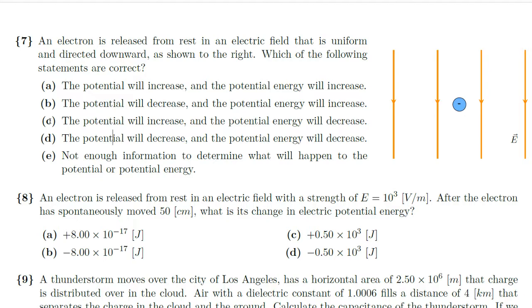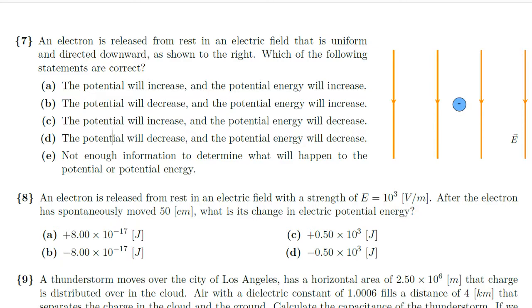So it would be C because in this diagram, first you have to think, okay, if I let it go from rest, which way does the electron want to move? So we would know that this electron would want to move upwards in this electric field. Because electrons, or negative charges in general, go against the electric field, which is because if you were to imagine that there was a source of positive charge at the top,